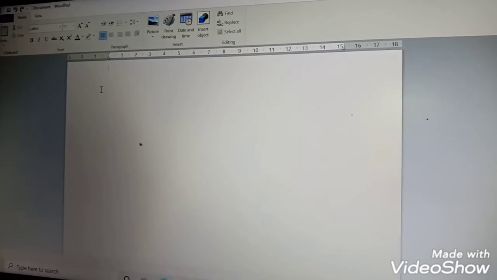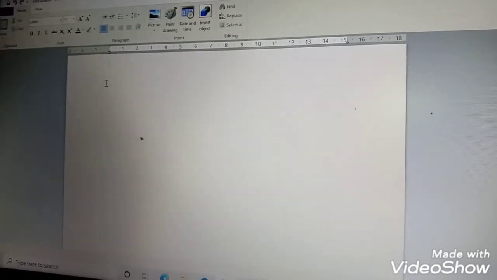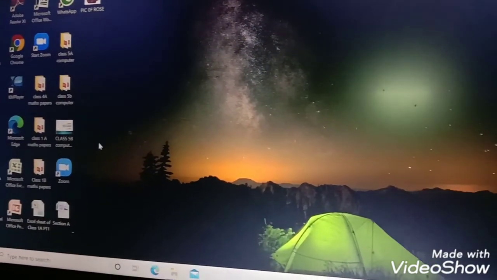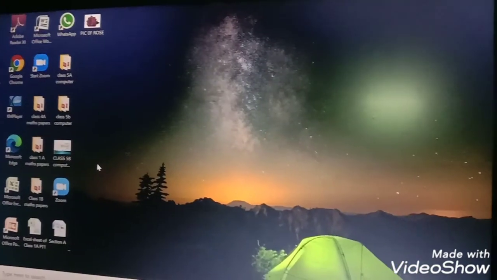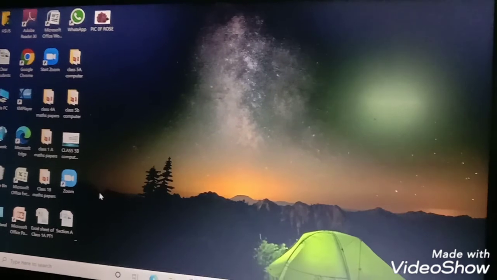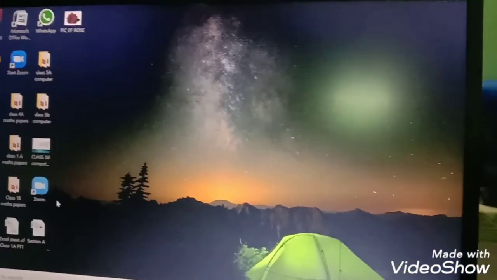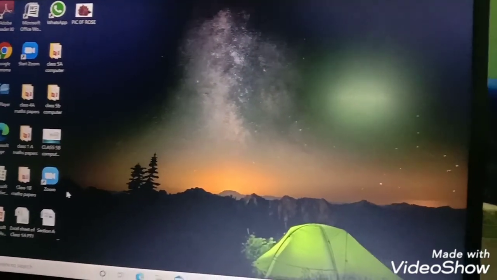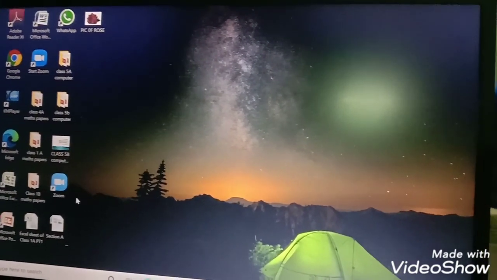Alright children, so these are the things from today's Windows lesson. I've explained to you how to create a file, how to create a folder, how to move a file and folder, then how to rename a file. Then I've shown you the accessories: calculator, Notepad, how to find them, Run, and WordPad. So children, kindly do practice at home whatever I've discussed with you in today's class. Clear? Thank you.